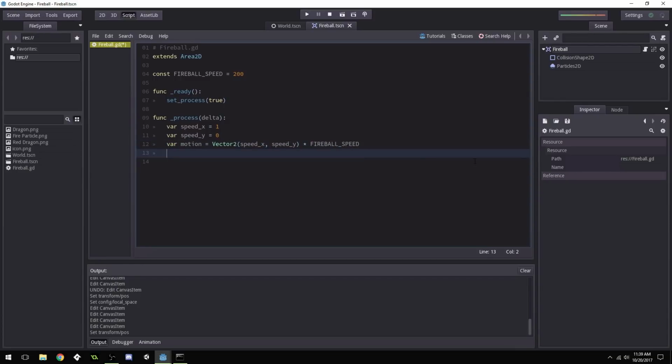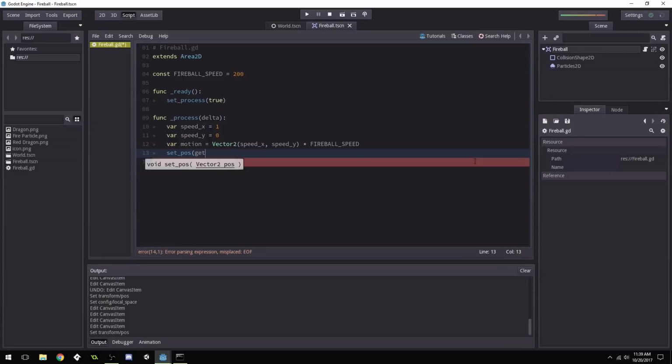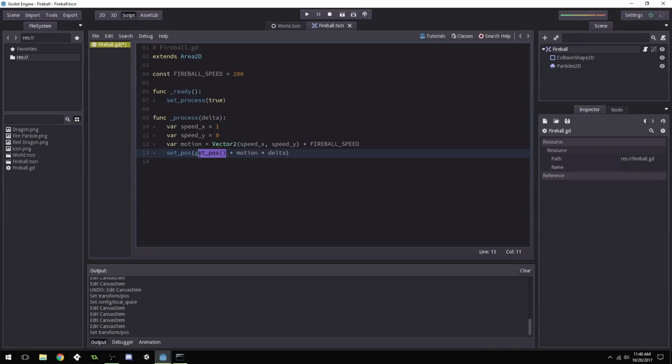Now we need to update our fireball's position because we're not actually updating it. So we'll say set position, get position plus motion times delta. So this just gets our current position, and it adds the motion that we've just created to our current position,